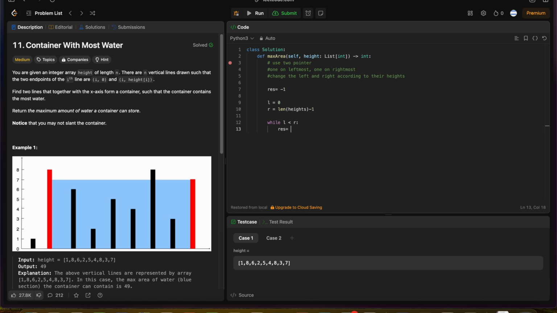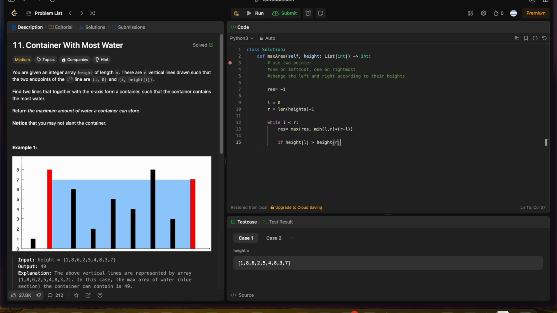So we'll be calculating the result as the maximum of result, comma, minimum of left and r, multiplied by r minus l. We have already discussed why the result is this condition. So if height of left is greater than height of right,